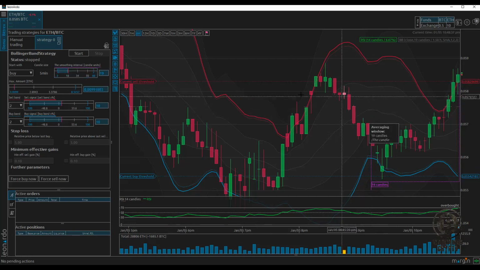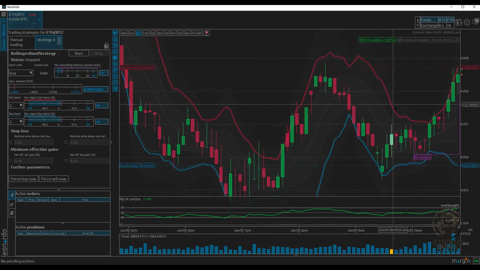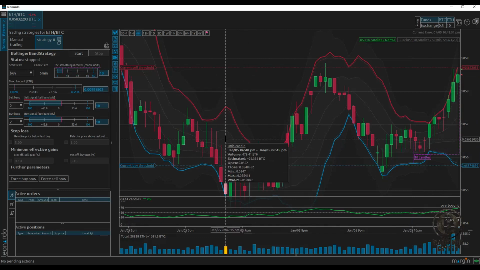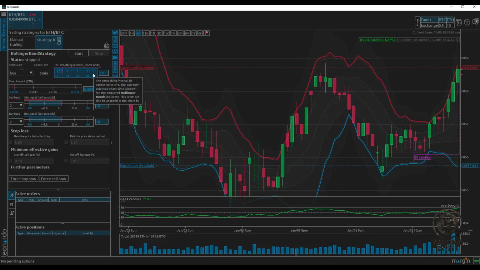For example, if you reduce the number of candlesticks, let's say to 10, the bands are going to be impacted a lot more often and a lot faster than if you would increase it to 60 candlesticks. That depends on the coin. If it's a coin that usually doesn't move much, a sleepy coin, then you can just increase the number of candlesticks. It's not going to make much difference, and it's also going to increase your chance of profit, because your coin is just going to fluctuate between those points, the upper band and the lower band,